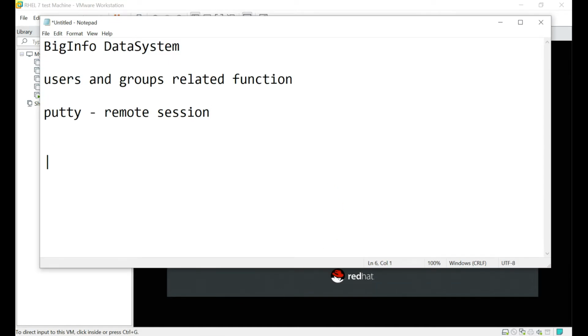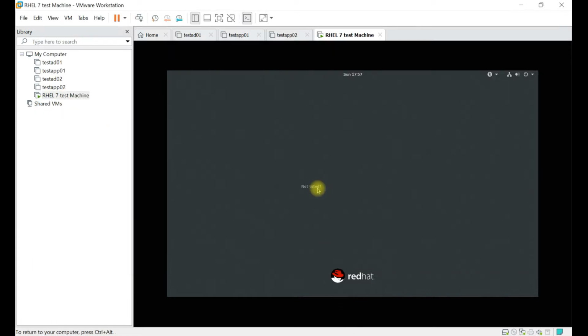For taking the remote session, first you should know what is the IP address of an operating system. So I will show you how you can find the IP address of a machine. Let's log in inside. I'm logging in using root user.